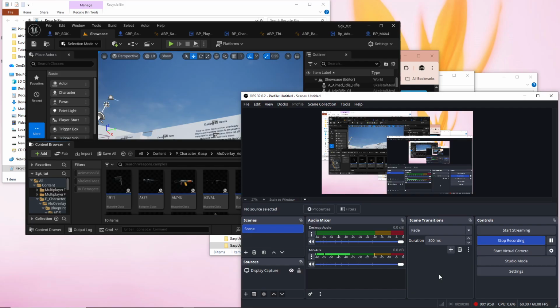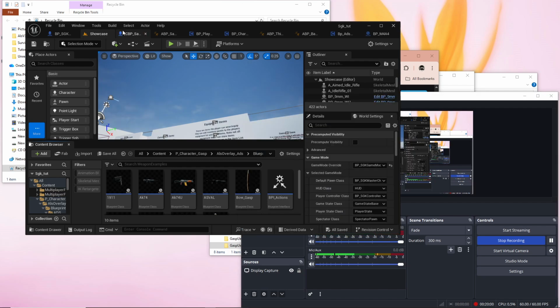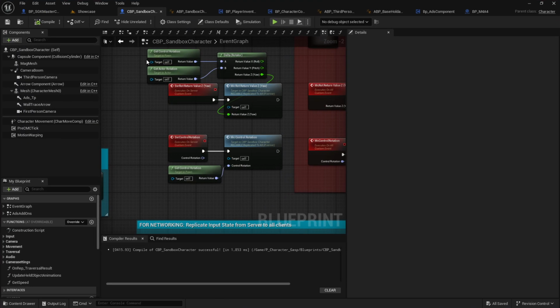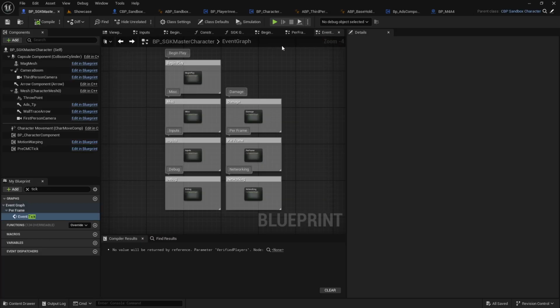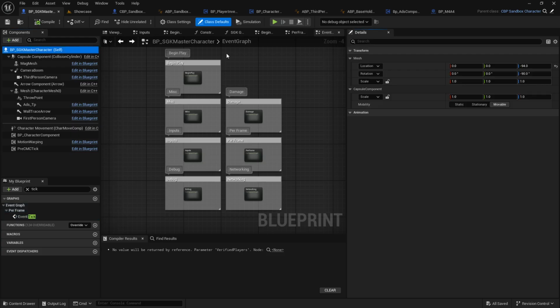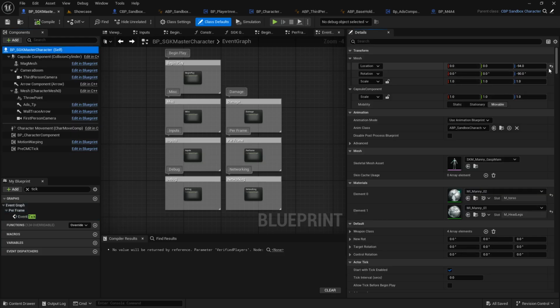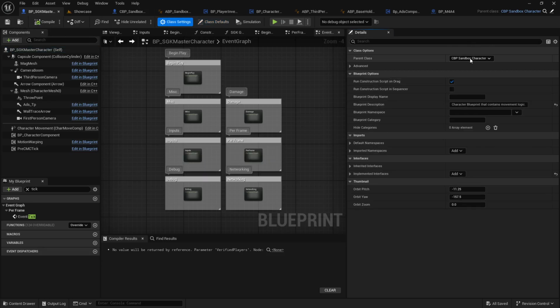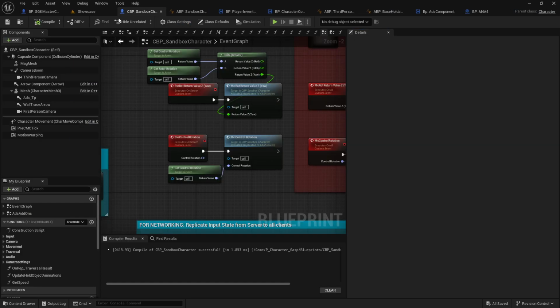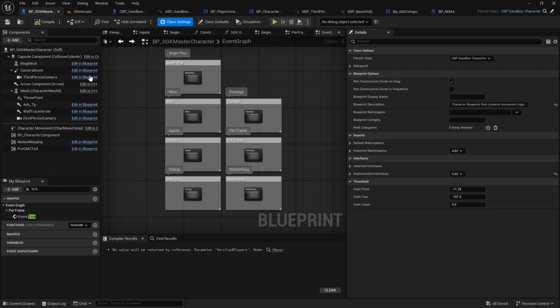For example, you can either make the SGK master character be the child of the sandbox character here, as you can see,